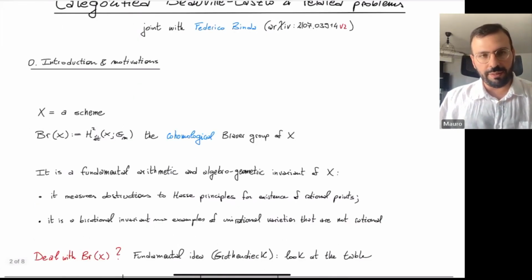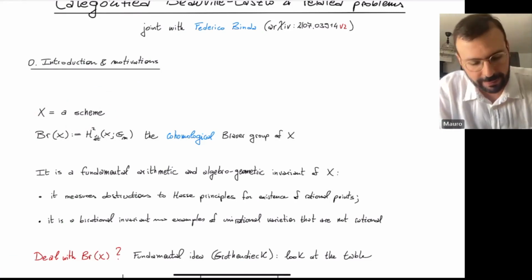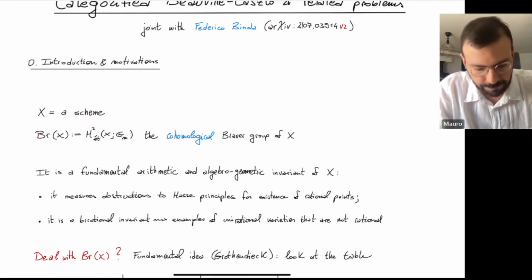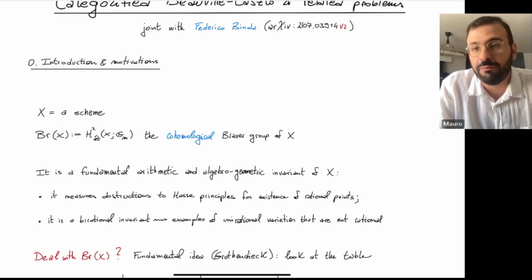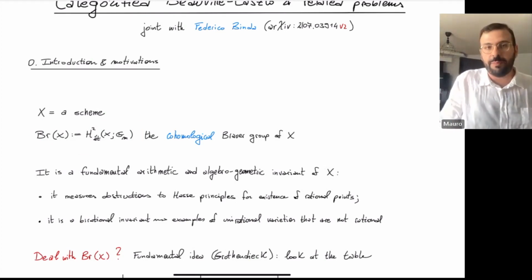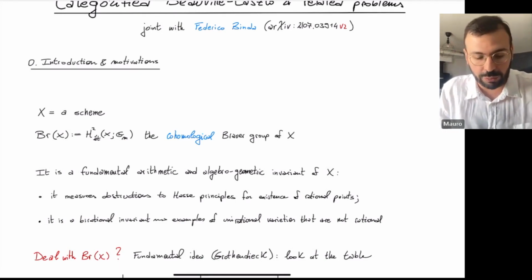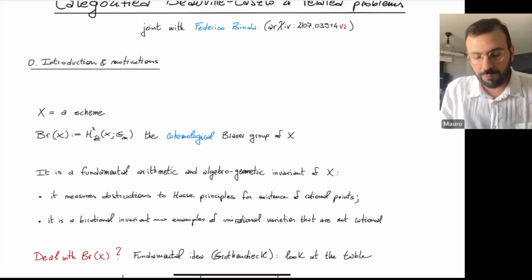So our setup is we start with some algebraic varieties, typically, and we are interested in this object that is called the cohomological Brauer group. It's the second étale cohomology group of G_m. And it is a very fundamental and basic invariant of the scheme that has been used in the past in very concrete situations. For instance, it can be used to measure obstruction for local to global principle for existence of